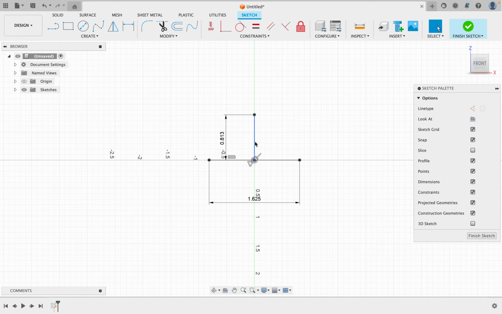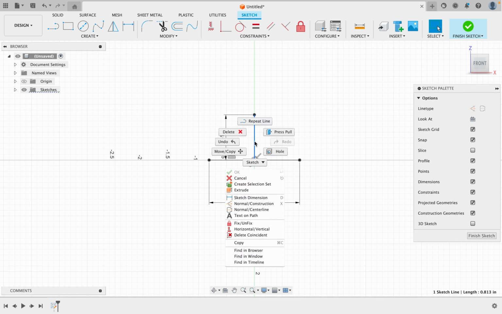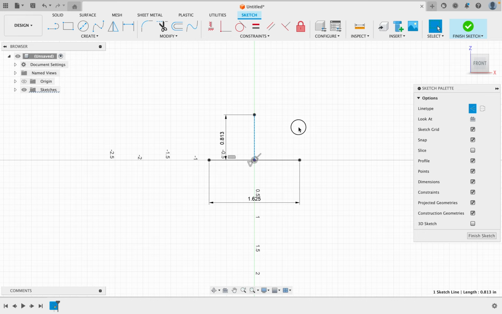And then if you are on a Mac, hit Control and then click on the line, or if you're on a PC, right click on it. You want to make it a normal construction, which you can also do by clicking X on your keyboard. So it now makes that the construction line, but I still have the height here, but this line is not going to move around as we add in other dimensions, which we won't have to do since we're just connecting